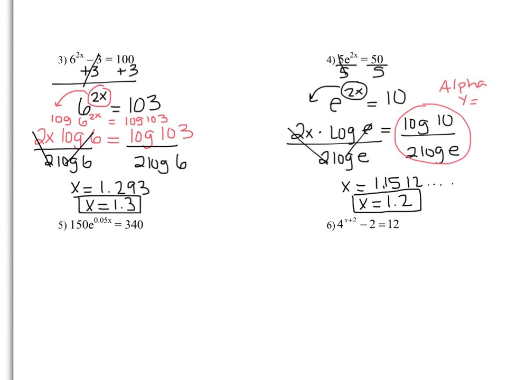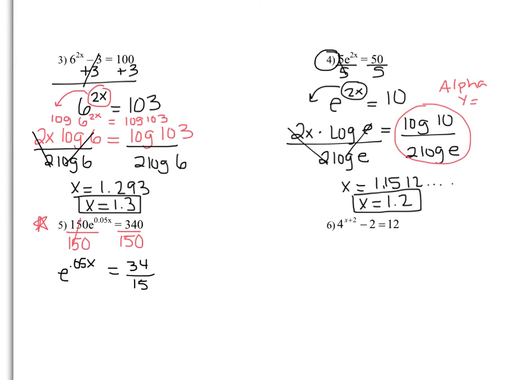Okay, there is another way to do types of problems that have e's in them. So let's do number 5 in a different way. The way that I'm doing number 5 is the way that I would prefer you to do everything that you see when you see an ln. So first let's divide by the 150. So in the calculator, type in 340 divided by 150, and you should be getting some weird decimal. So hit math, enter, enter, and get a reduced fraction. So you should get 34 over 15, and we have e to the